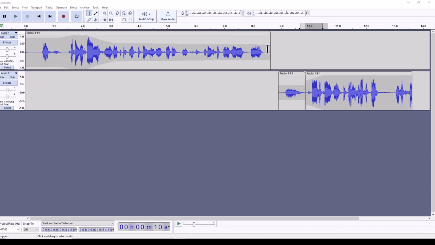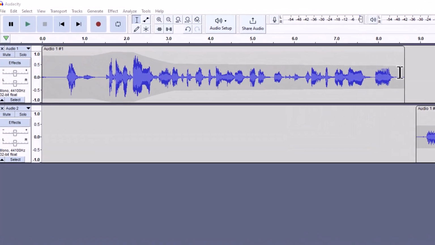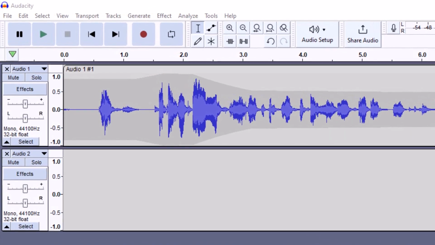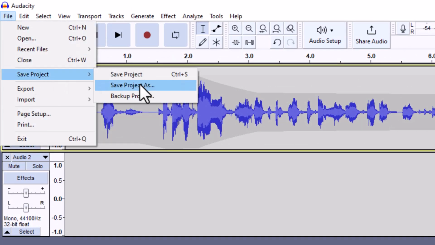And then in terms of saving and exporting, as with any project, it's always recommended that you save often. In Audacity, you want to always save an editable version of your project and a final version that you can actually share with people. So I kind of like to look at this as like a Microsoft Word document versus PDF. So you've got one that is a working document, one that is more fixed and that you can send to somebody else that doesn't have Microsoft Word but has a PDF reader. That's the same case with Audacity. So you're going to save something as a project file. So you go to File, and Save Project As. You want to save often.